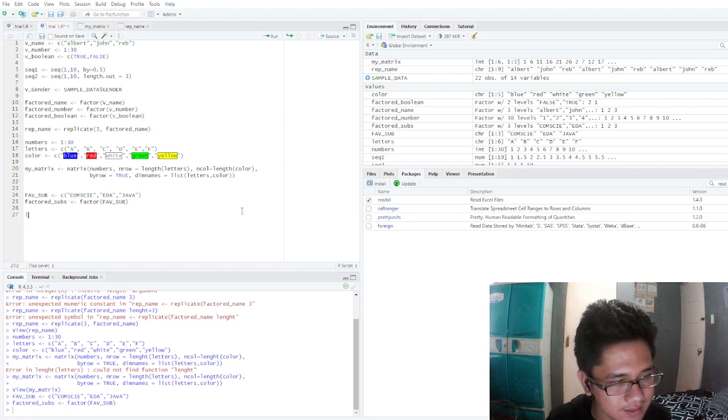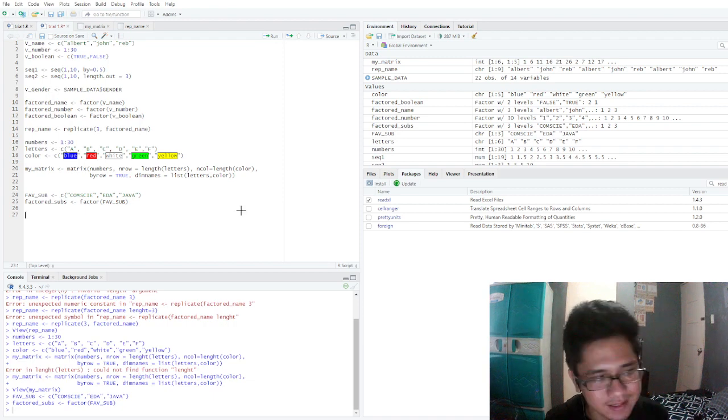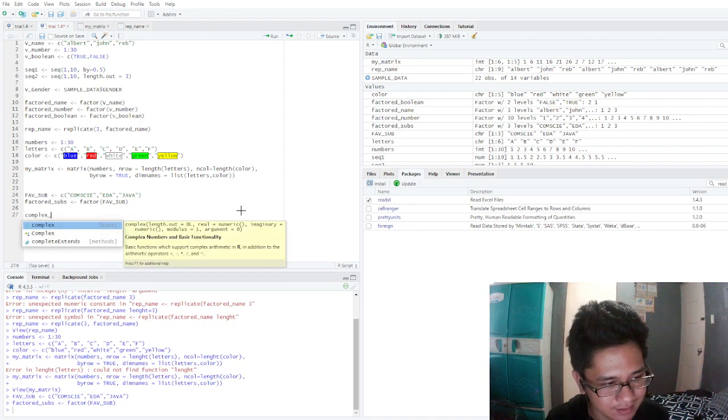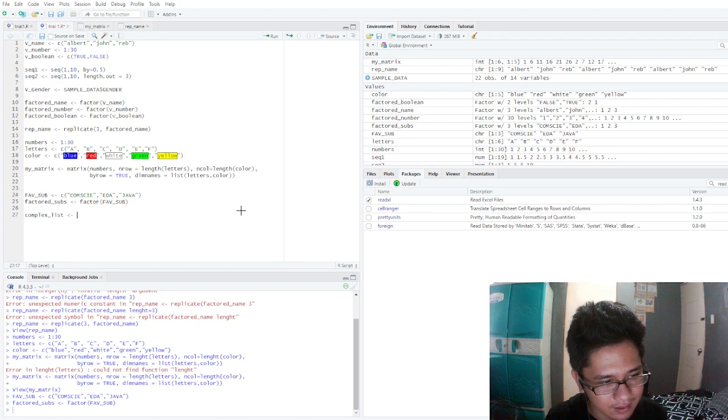Now we create a list. To create a list, we just name the list. What do we name this complex list? Let's try this. List, then we have the sequence. What's the arrangement? The vector from 1 to 30. So we have numbers, then sequence 1, then factor subs.